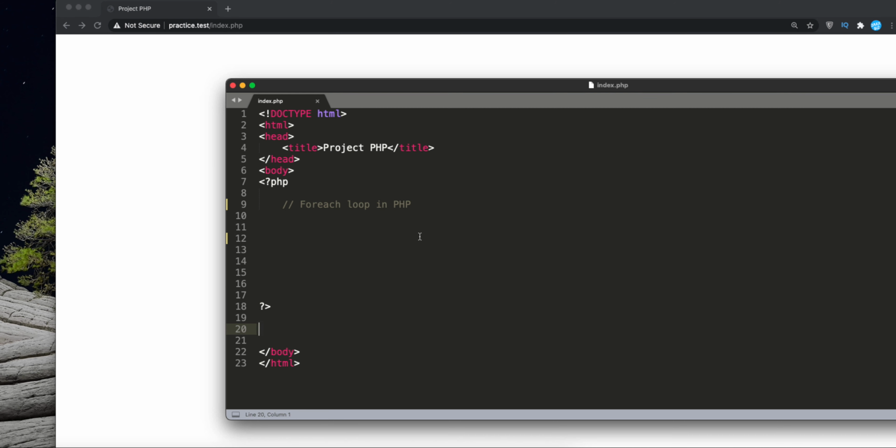In the last video we saw the for loop. Now in this video we are going to see the example of the foreach loop. The foreach loop is basically used with arrays. If you have a lot of data in array form, foreach is the best loop you can use to